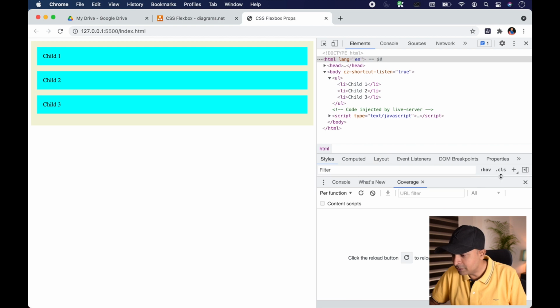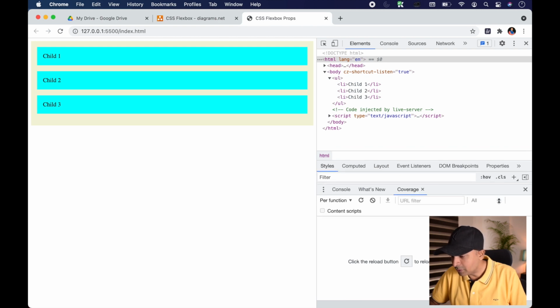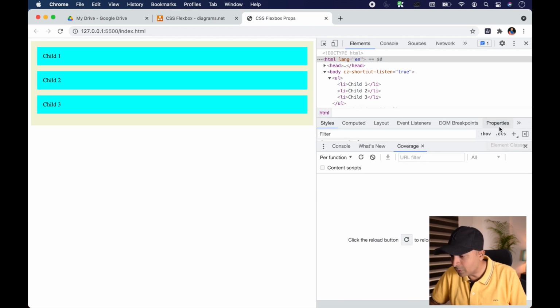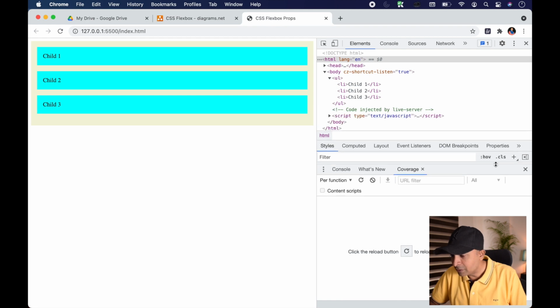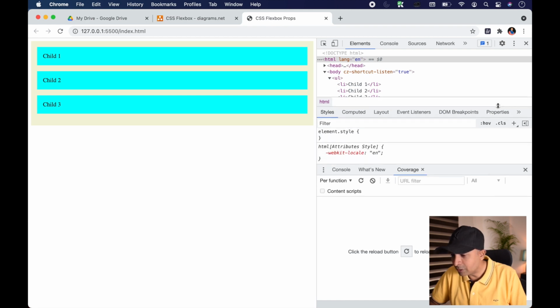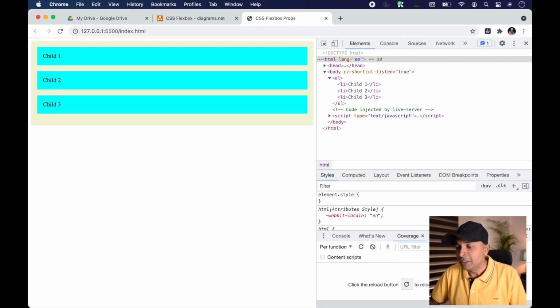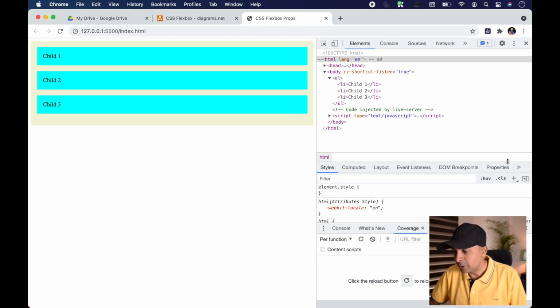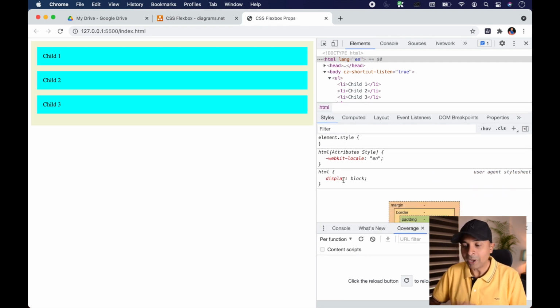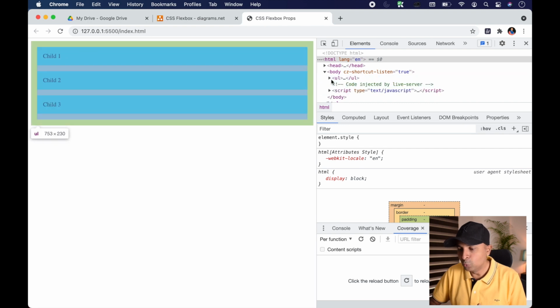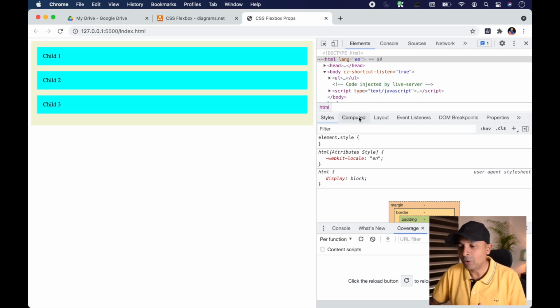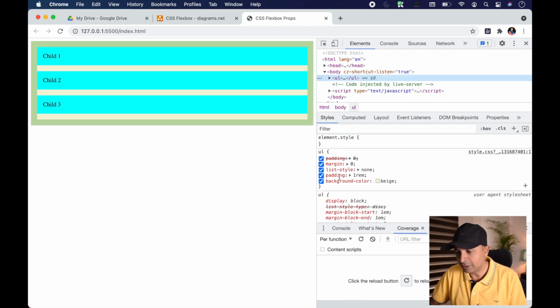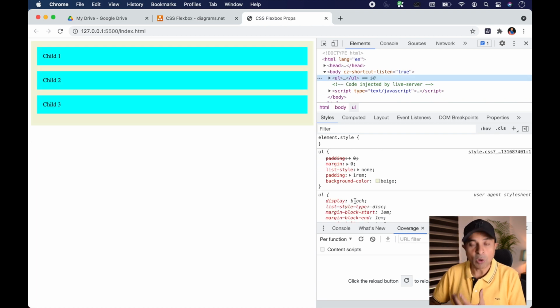Computed styles, and somehow it's not going down. Basically, I don't know why it's not going down. Maybe I'll try to scroll up. Okay, so let me try to scroll it up. Okay, so by default, if I select my UL, basically this UL tag, it has a display of block. So let's continue and convert our container, our UL element